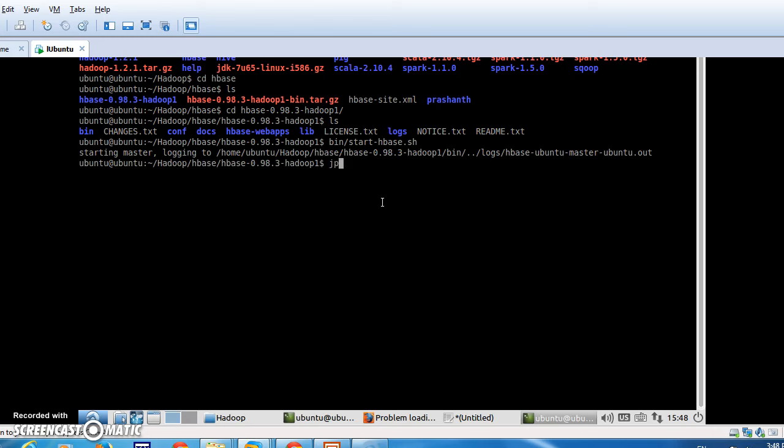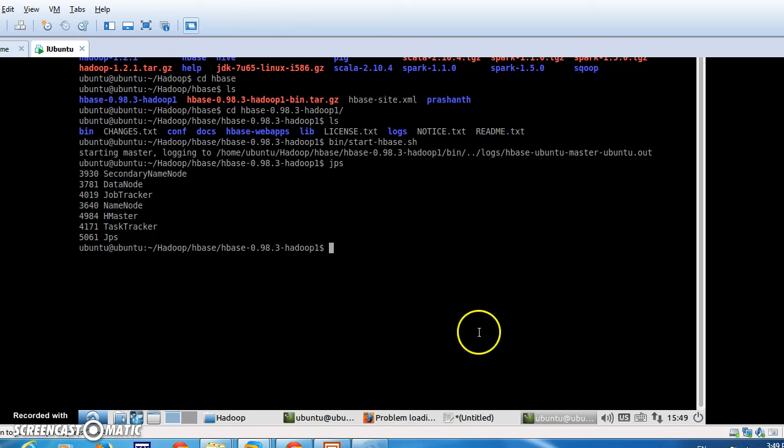After that we have to execute the JPS command. It's going to show the HMaster. Apart from this HBase, earlier we started the Hadoop system, where all the nodes were started. For HBase to be started, we execute the JPS command, where HMaster will have started up.